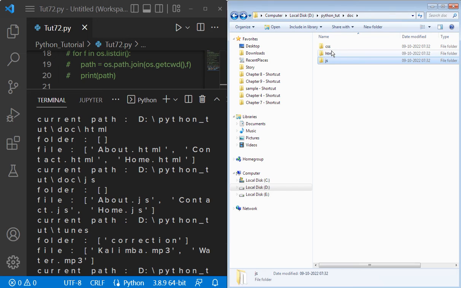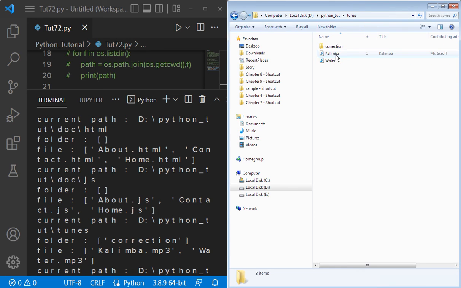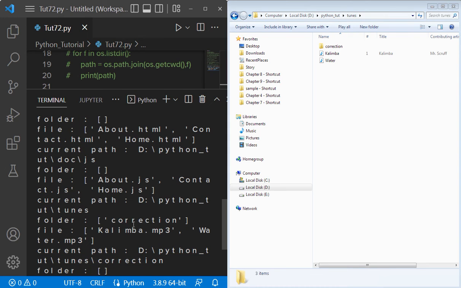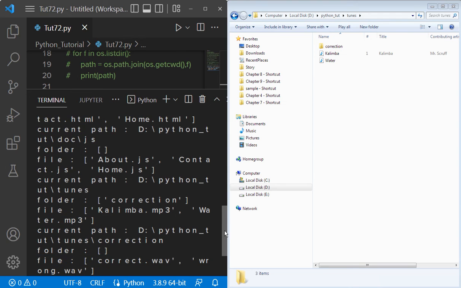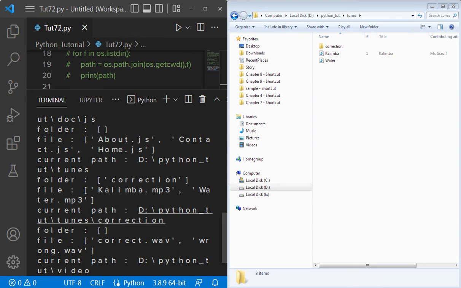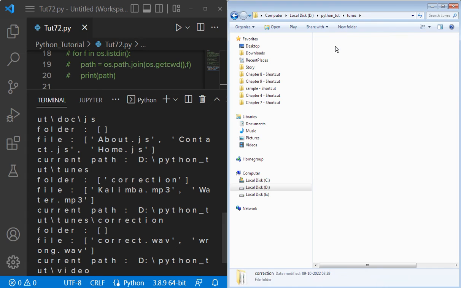So as there are no more folders here, it is now working on tunes. The folder is correction, and the files are this and this. So there are two files, as you can see, and one folder. Then after this, the current path is Python 2 tunes correction. So here there's no folder, and there are two